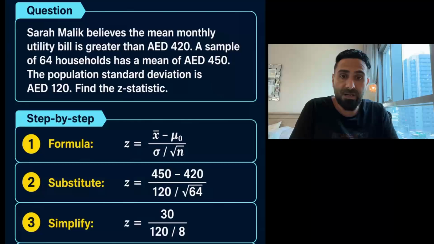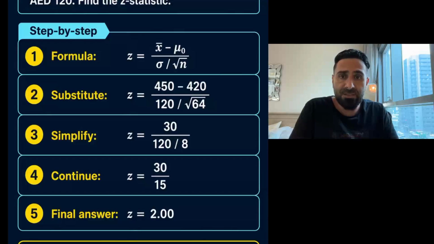So you need to apply the z statistic equation. This is step by step. You need to first put the equation or the formula. Z equals x bar, which is the sample mean, 450 dirhams, minus mu 0, which is the hypothesized value, over the standard deviation, over the square root of the size of the sample, which is